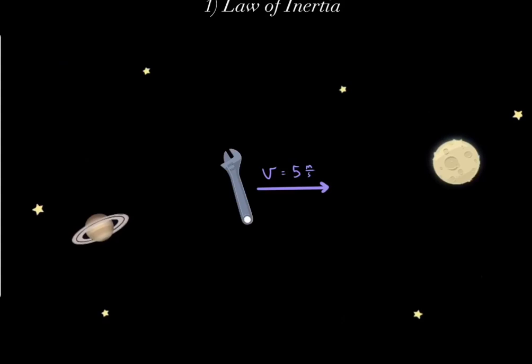So let's think about another example. Let's say we have this wrench flying in outer space with a current velocity of 5 meters per second. Well, again, this wrench has mass. So because it has mass, it has inertia. And because it has inertia, we know it wants to maintain its current velocity. So therefore, if this wrench is flying at 5 meters per second, it's going to maintain this velocity of 5